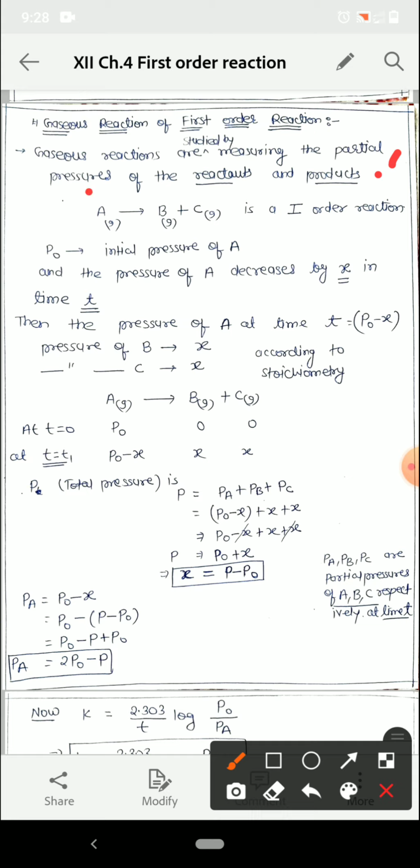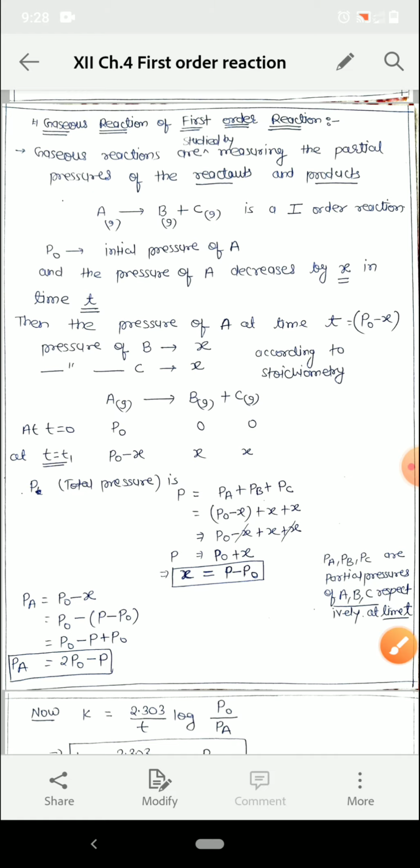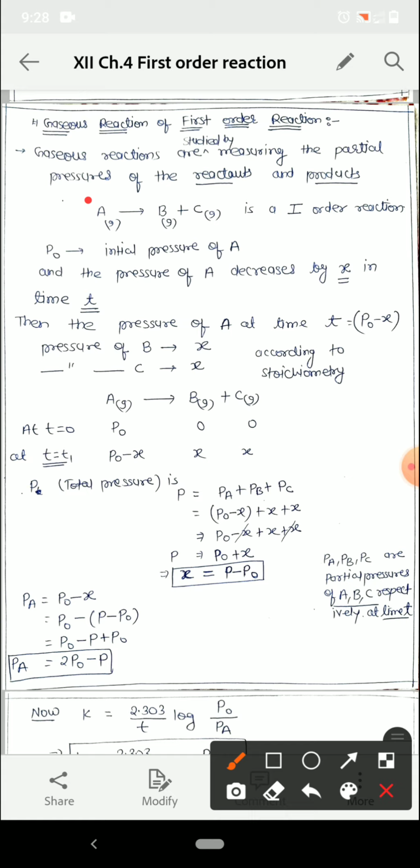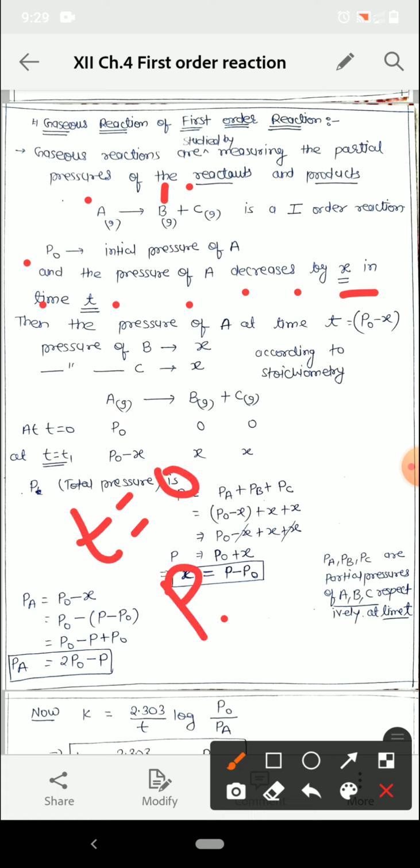So suppose A is converted into B plus C, all are gases, it is a gaseous reaction and the order of the reaction is first order. Suppose P naught is the initial pressure of A, कोई भी आपका A सब्सटेंस जो रिएक्टेंट है उसका इनिशियल प्रेशर कितना है, P नॉट है। तो आपको पता है A का प्रेशर डिक्रीज होगा, और B और C का इंक्रीज हो जाएगा। And the pressure of A decreases by x, x डिक्रीज हो रहा है। तो हम यहाँ पर देखते हैं एट टाइम t, तो देन द प्रेशर ऑफ A एट टाइम t इज इक्वल टू जीरो था, तभी तो प्रेशर P नॉट है, बट